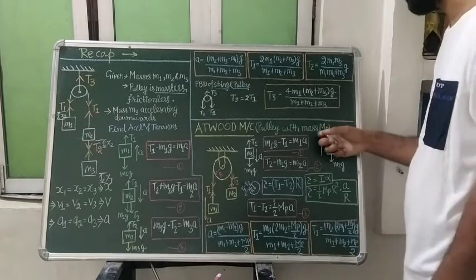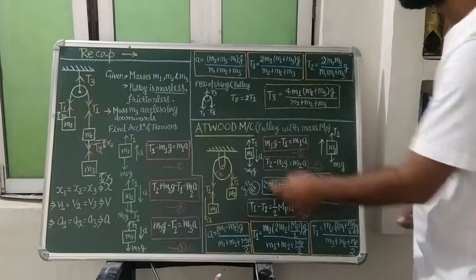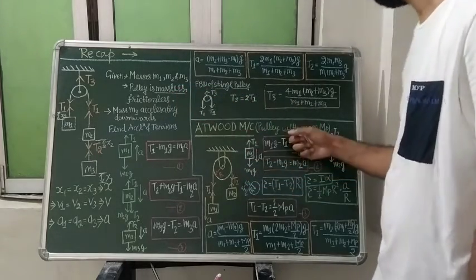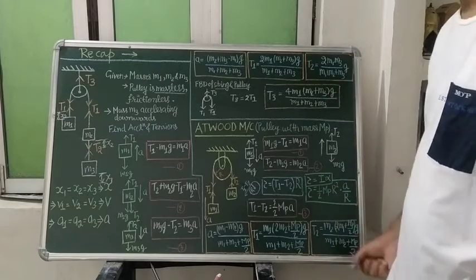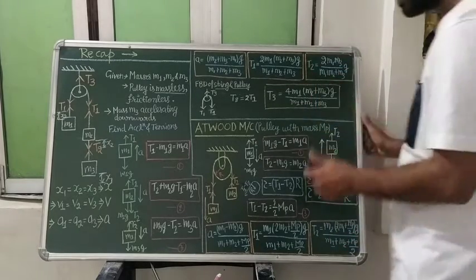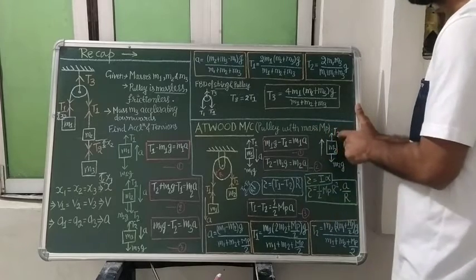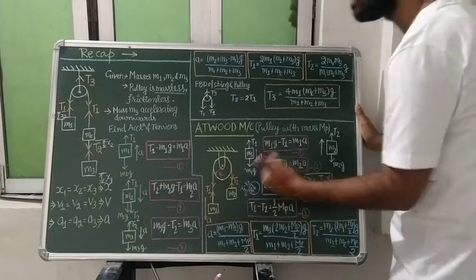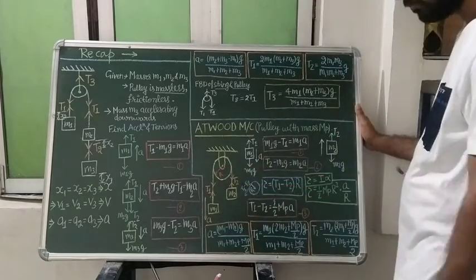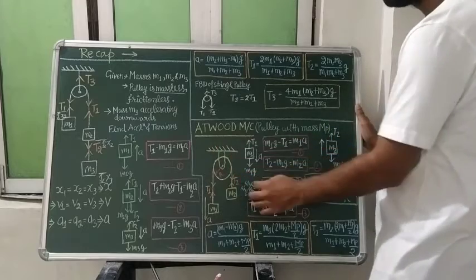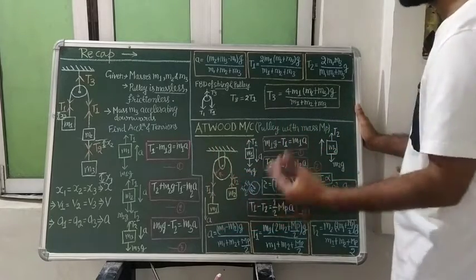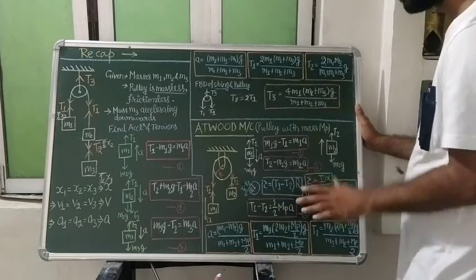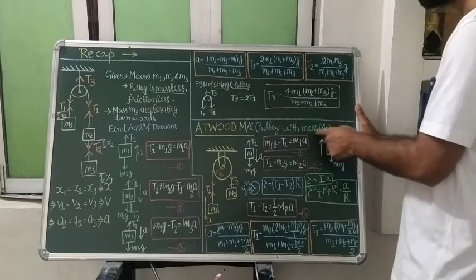And here he has told that suppose the mass of the pulley is present. Here we were considering it massless, but here we are saying that the pulley has certain mass. So we will look, student, that when we are considering the mass of the pulley, the tension in the same string at different ends, where the different masses are attached, will be different. You will notice why it is different: because of the mass of the pulley.